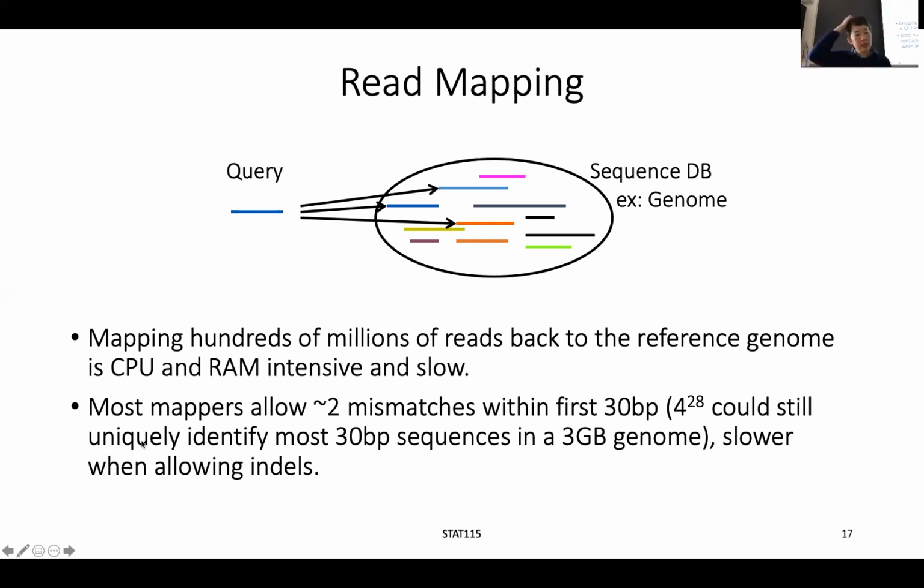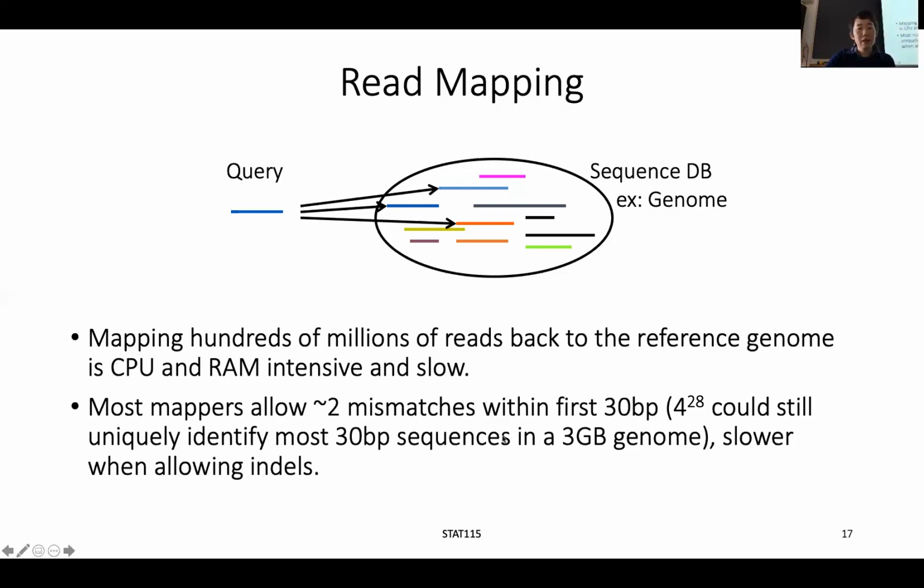And what is even more challenging is that a lot of the time, even if it's a human cell, as we know, you and me probably, our DNA can occasionally differ by 0.1%, but it happens. And sequencing machines also sometimes make a mistake. As you can see from the quality database, maybe they're not so confident. And so a lot of the read mappers also allow some mismatches in the first 30 base pair. As you go later, there could be even more mismatches because of sequencing errors. The beginning, usually you don't see so many